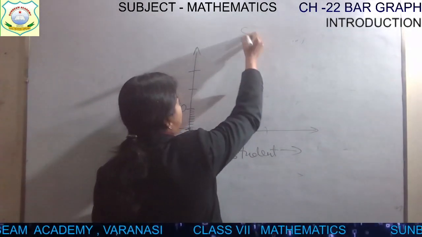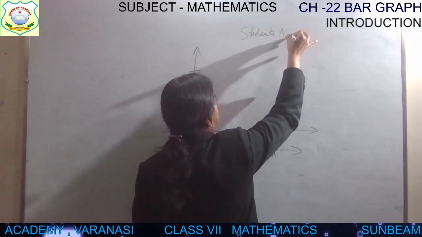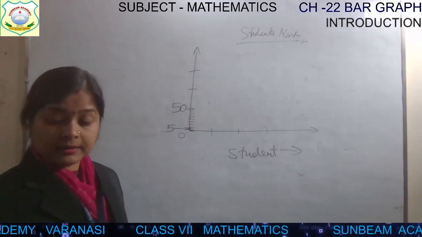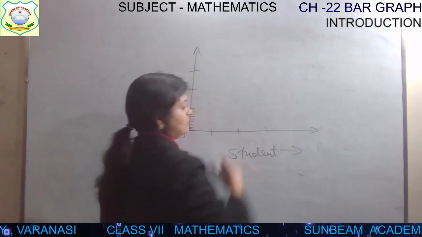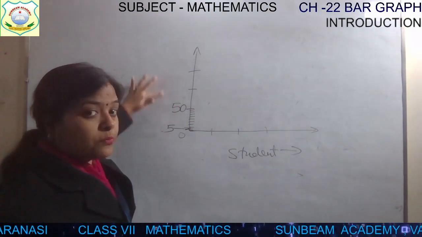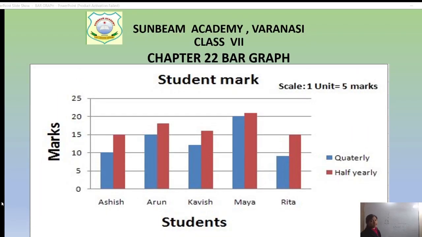And if you are writing students marks, then this is what? This is bar graph title. Bar graph title is that. This is bar graph title. It's not visible. And if you will write the marks here, then that is y-axis title. क्या होगा वो? Y-axis title. Here y-axis title is marks.